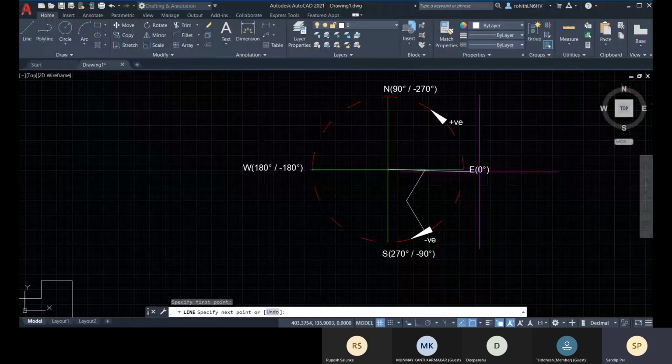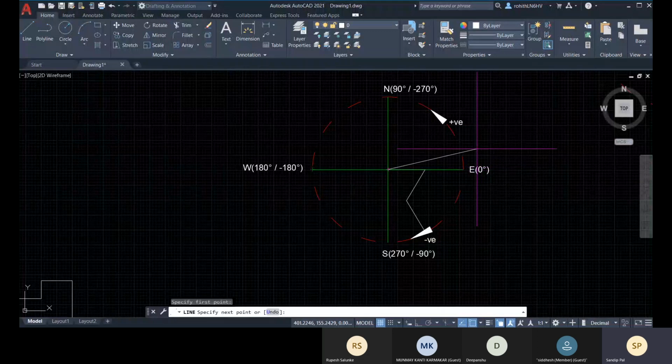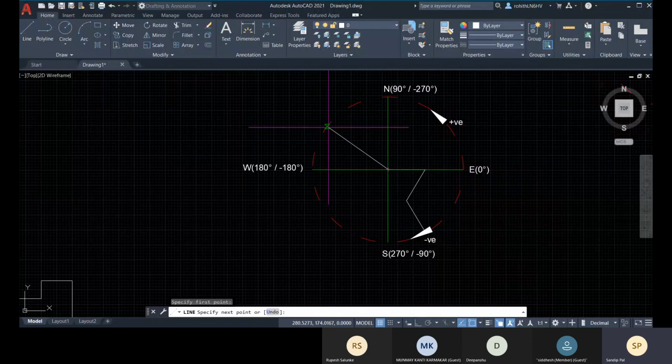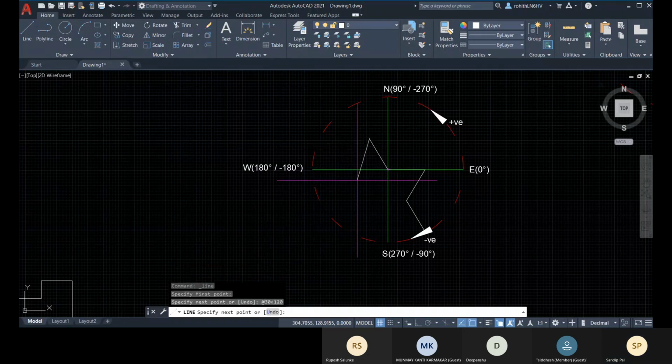And if I calculate from the zero, I will always have to calculate from the initial, that is 0. So 180° minus 60. So the total angle is 120°. So at the rate 30 less than 120. Enter. Okay.